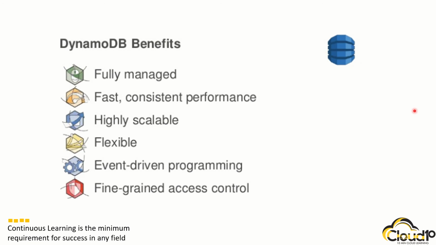So as you can see, AWS DynamoDB is a fully managed service and provides consistent performance. As AWS manages everything, we don't really have to worry about the scalability and flexibility aspect of it. And it's predominantly preferred when we are dealing with event-driven applications or want any kind of fine-grained access control on the data. So let's dive deeper and understand some more details in terms of how the data is stored in the case of DynamoDB.